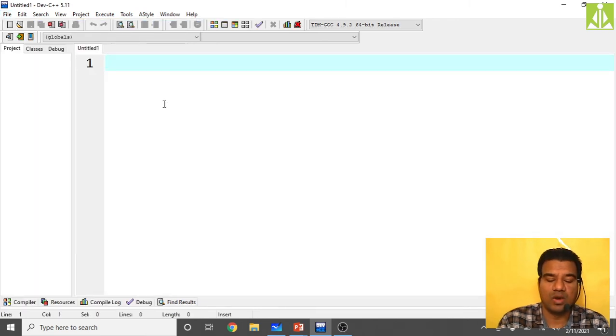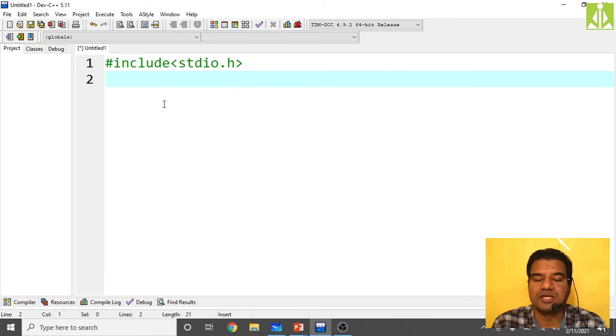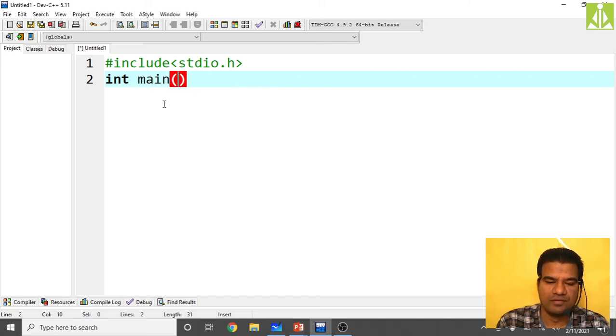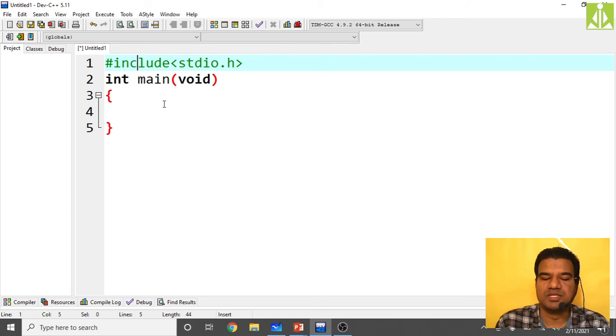I will write the structure of the C program first: hash include stdio.h, then int main, and this much we are writing.